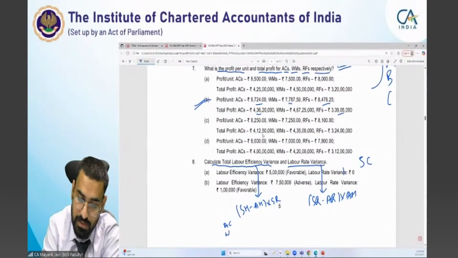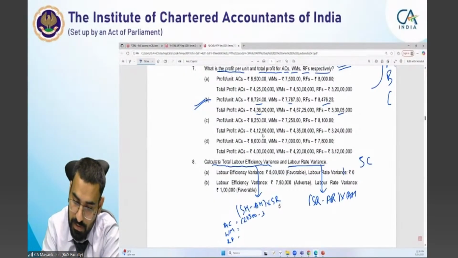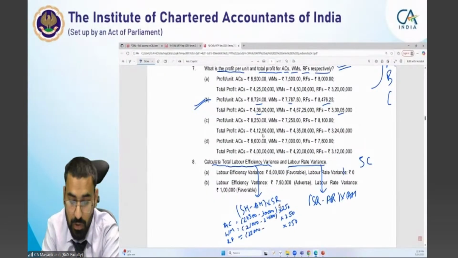AC, washing machine और रेफ्रिजरेटर। स्टैंडर्ड आवर्स हमारे कितने आए थे एसी में? 27,500 माइनस 30,000 हमारे एक्चुअल आवर्स थे। स्टैंडर्ड रेट हमारा था 250। 250 हमारा तीनों में था। इसका हमारे स्टैंडर्ड आवर्स कितने आए थे? 21,000 माइनस 24,000। इसमें हमारा आएगा 22,000 माइनस 20,000। तीनों की कैलकुलेशन मुझे बताइए।